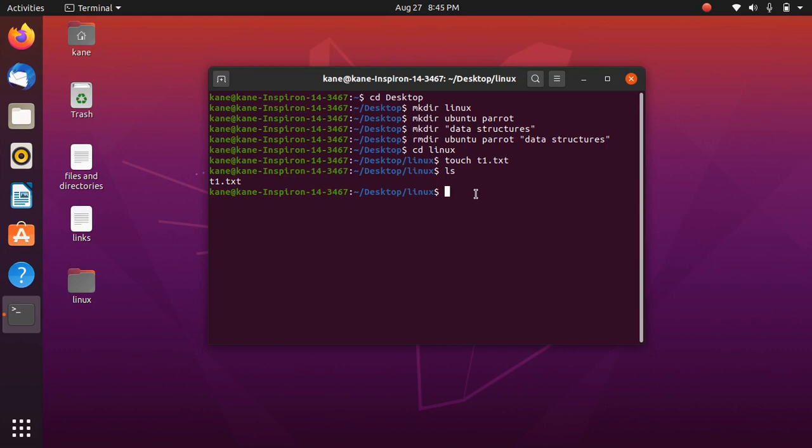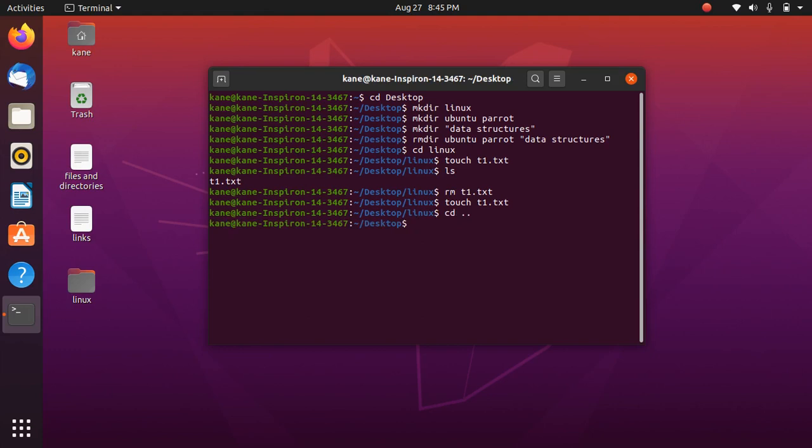To remove this text file, we can use the rm command. So rm t1.txt. The rm command is used to remove files and folders in Linux. So now let's create that text file again, as I want to remove a non-empty folder using the rm command.